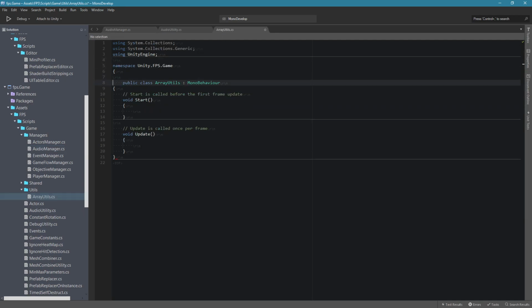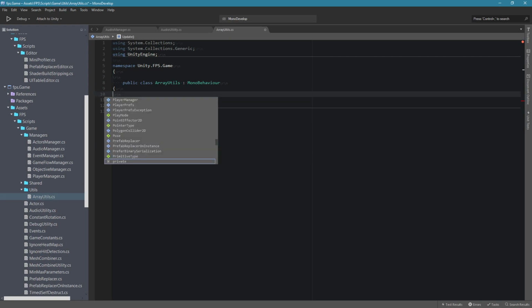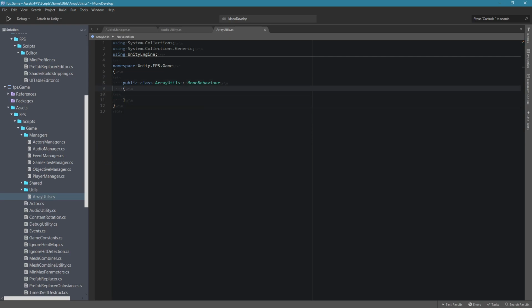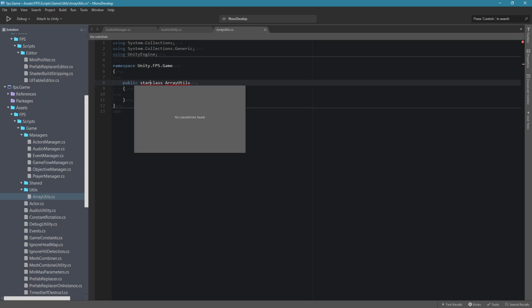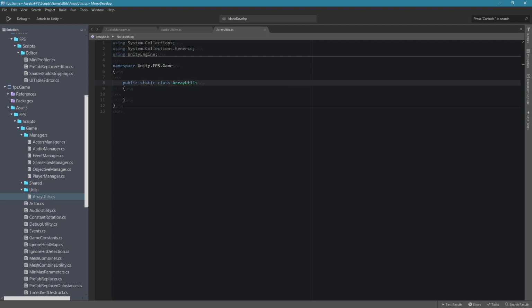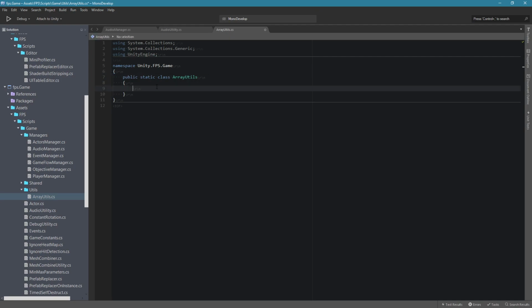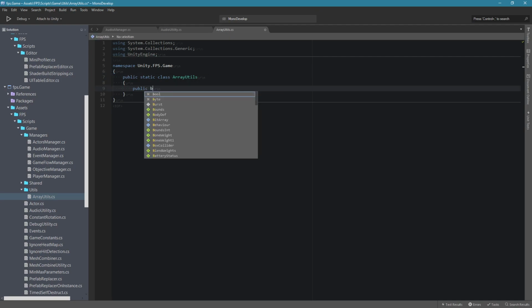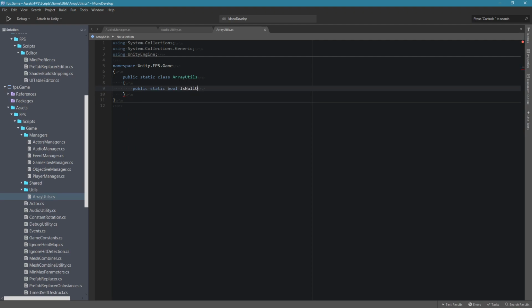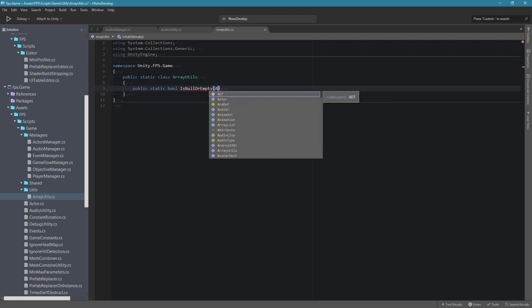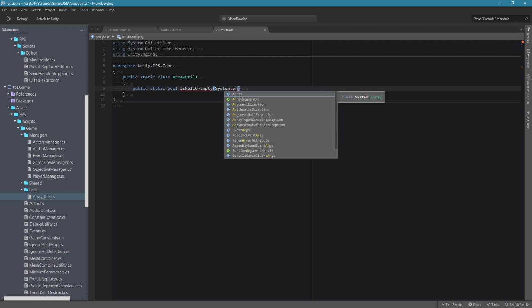So instead, what you want to do is have a utils folder, or even multiple, and that's where you put your utils classes in, and they are all static. Otherwise, it wouldn't be utils classes, right? And then array utils has a function called is null or empty, right? And it takes a system array